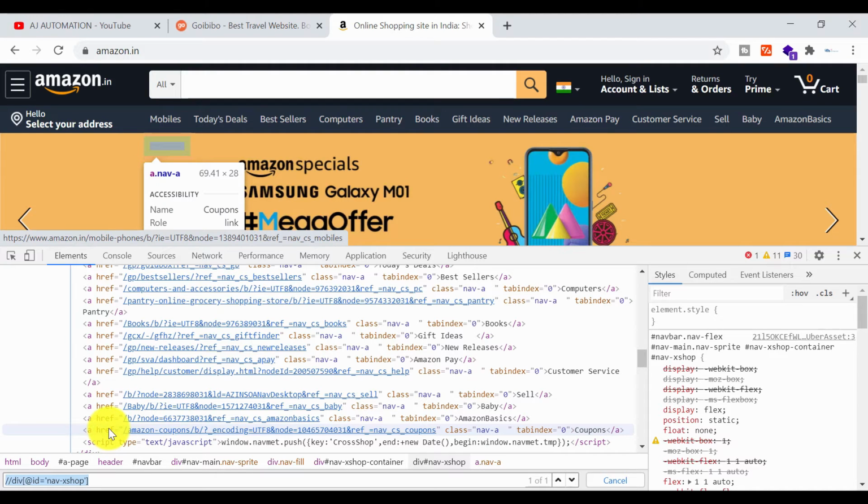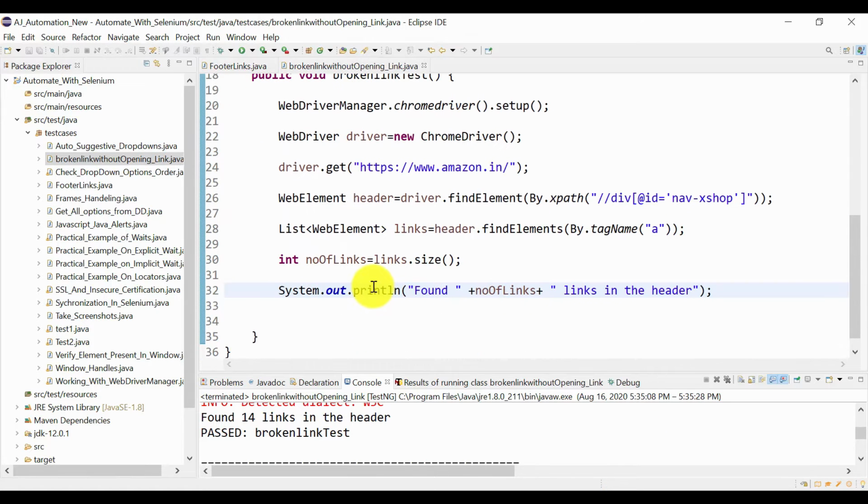Oh, this one is also showing. It's hidden on the UI. But no problem. So we got 14 links in the header.